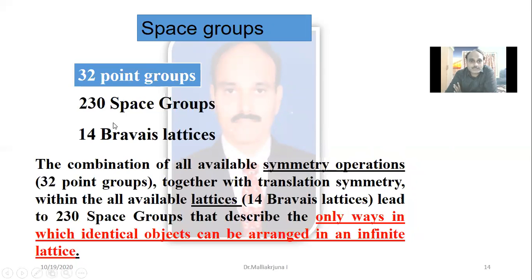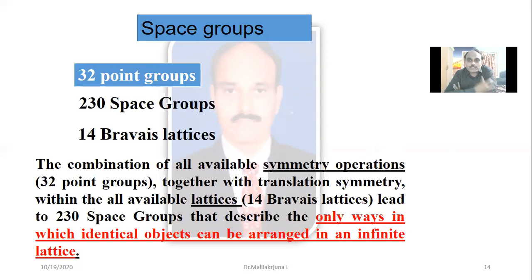finally 230 space groups. So, if you generate a crystal today, that crystal geometry may come in any of the 7 crystal systems and fall into any one of the 14 Bravais lattices, and may fall into any one of the 32 point groups, and finally it should lie in any one of the space groups out of 230. So the combination of all available symmetry operations, that is 32 point groups, as you already studied, Cn type of point group,